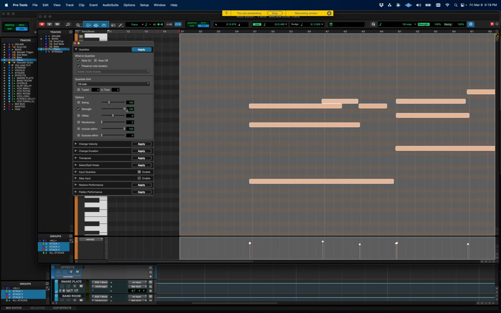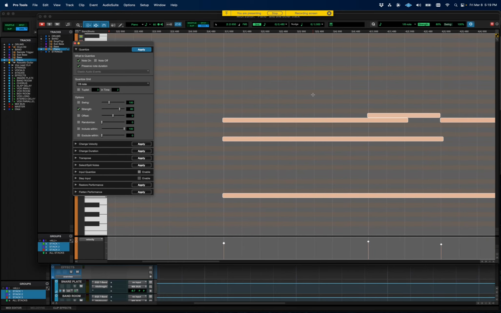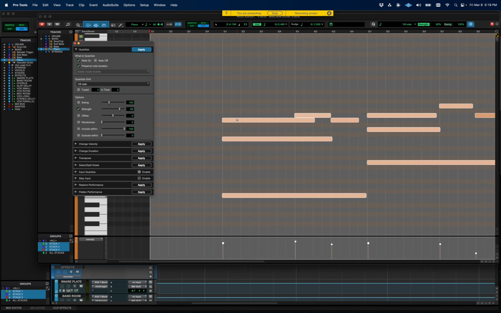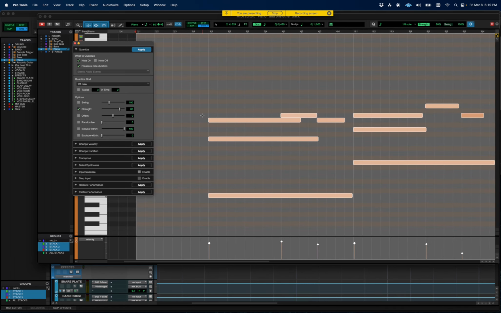So if you hit strength and change this to 80% and then hit apply, now it's 80% snapped. Does that make sense? What is the strength? 80% of what? 80% in terms of correctness. Oh, so it makes it sound more human. Yeah, exactly. Now, if I uncheck this, for example,